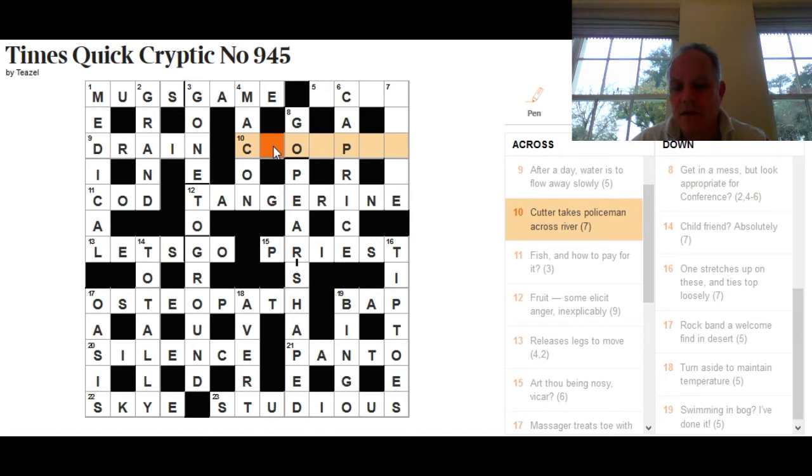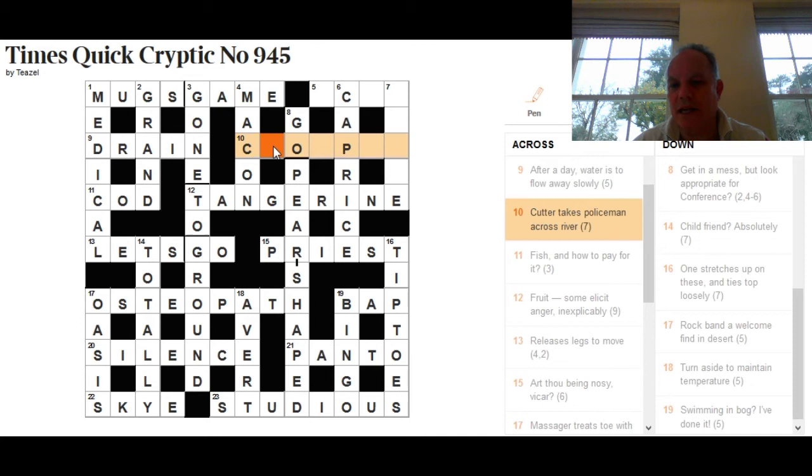What we need to do very often in crosswords is think of a short synonym, because the wordplay parts especially will be made up of synonyms or abbreviations that represent the words in the clue. And what I would normally think of for a policeman, the first synonym that would come to mind, and there are several, is cop. But in fact, for once, we don't need the shortest synonym. So what is cop short for, or how did it originate?